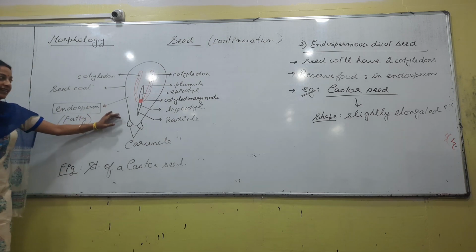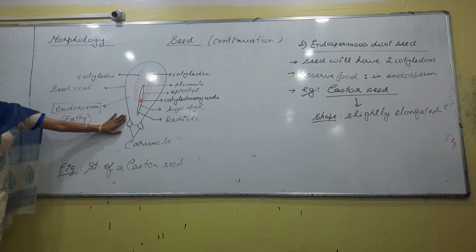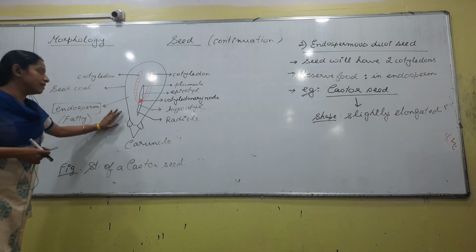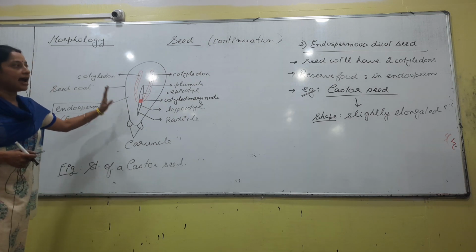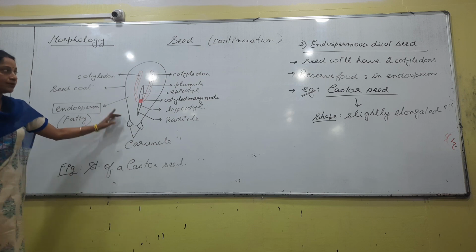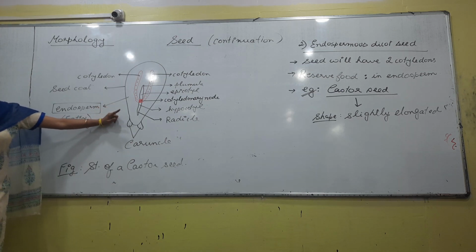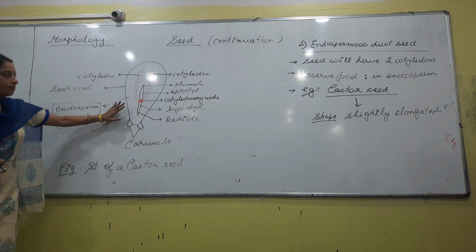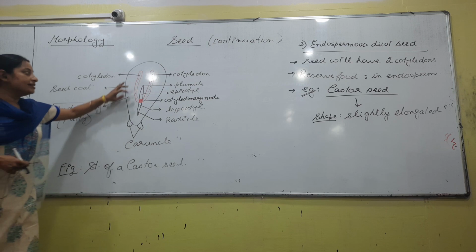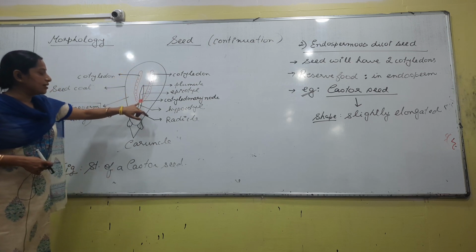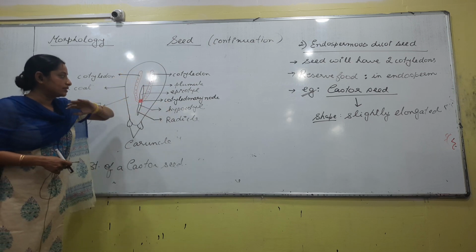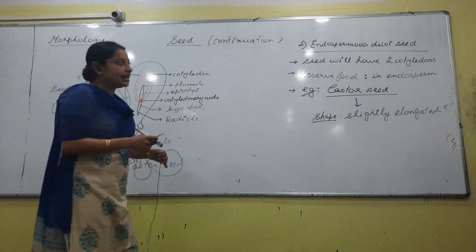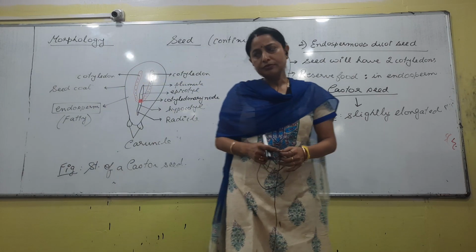So, as I said again, such detailed discussion will always be done in another chapter that is given in your second year course. So, we do not have to learn much in detail. As of now, what we need to remember is, either it is endospermous or non-endospermous, cotyledons would be present. But in case of non-endospermous, we do not see the endosperm, but in this case both are noticed. Since we are talking about 2 cotyledons, they will remain attached at the node called the cotyledonary node, and the rest of the explanation is exactly the same. The epicotyl will give rise to the plumule and the hypocotyl will give rise to the radicle.